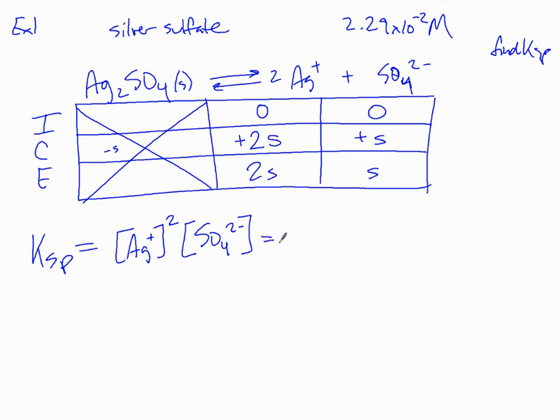So we can actually plug in the numbers that we found. So silver is 2S squared, it's this number, and sulfate is just S. So we've got 4, we've got S squared, S cubed. And now what to do with this? We've been using S this whole time. And S